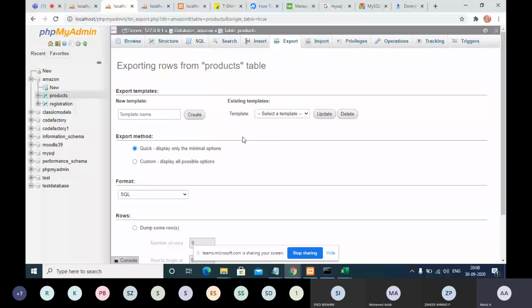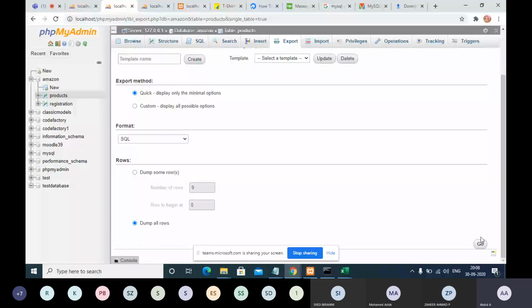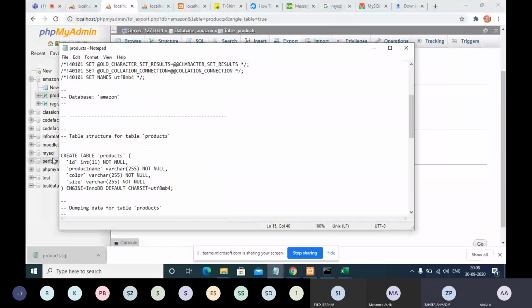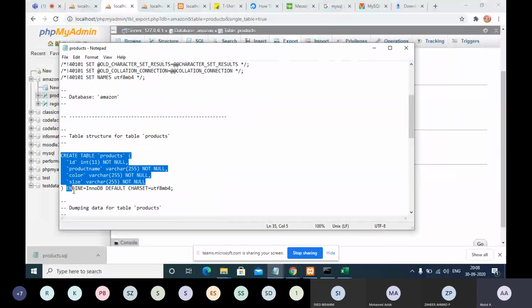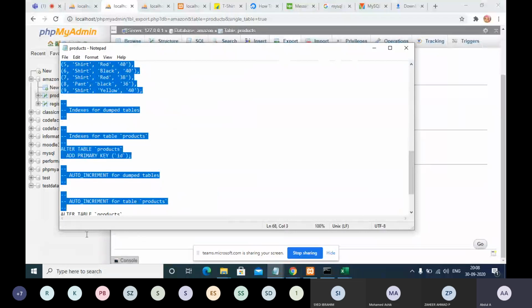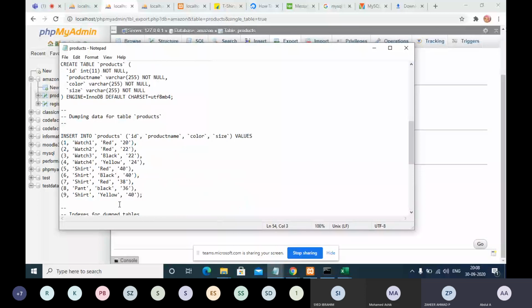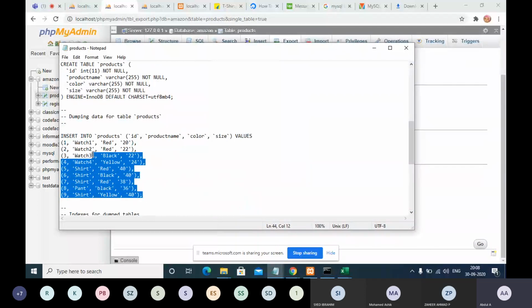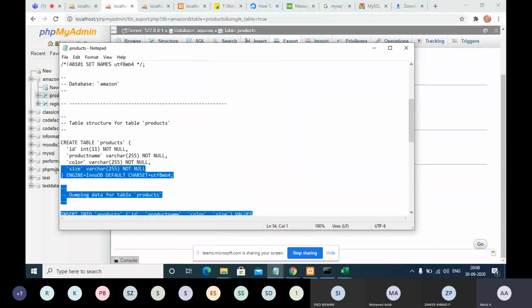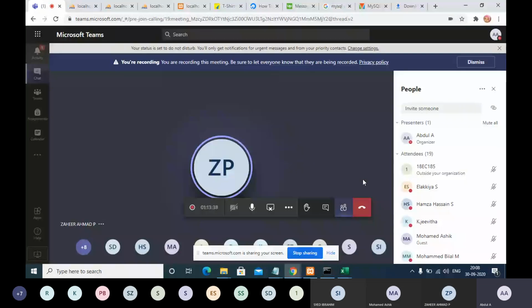Okay guys, I'm just exporting this. I'm opening it and copying the create table with the records also. Till this is enough, we don't want other stuff. So I am pasting the same in the chat box.